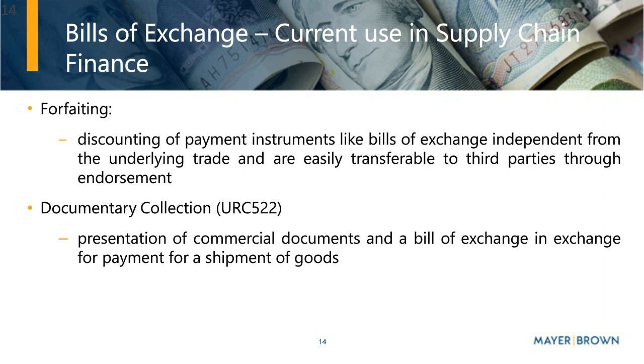Under Article 22 of URC 522, the responsibility lies with the presenting bank to ensure that the form of acceptance of a bill of exchange is complete and correct, but not the genuineness of any signature or authority of the signatory. This ties into the type of holder the finance provider is, but remember that only if the finance provider is a holder in due course, it only raises a presumption in favor of the finance provider. So, where do recent developments take us?